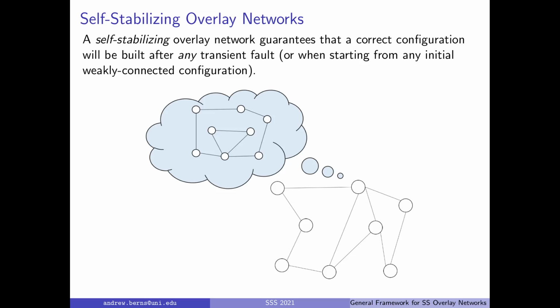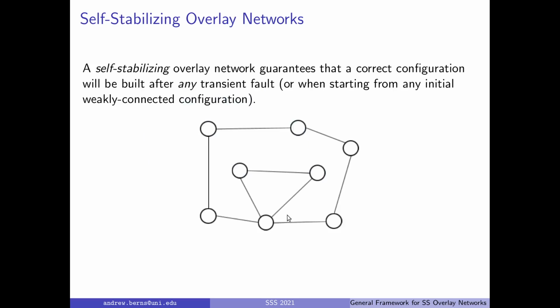In this example, let's imagine that this network at the bottom is the current state, but this thought bubble, this dream, is the configuration it would like to be in, the correct configuration. Remember, correctness is defined over the state of the processes, which includes edges, and so the edges of the network are part of the legal configuration. If this network were self-stabilizing, it could start from a configuration like this, and it would add and delete edges until it reached the desired configuration. So obviously a very strong fault tolerance model.